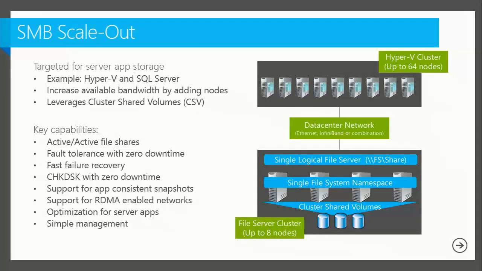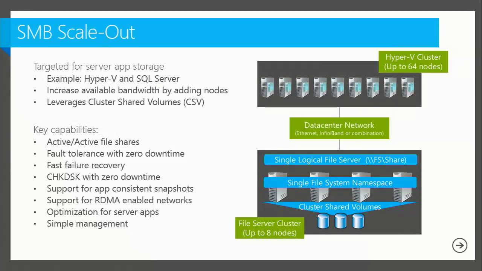If you're familiar with clustering, you know that typically what happens is you have a cluster role. That cluster role is active in one of your cluster nodes at a time. So before 2012, if you had a file server, that file server would be active, say, in node 1. If that failed, that role is transitioned to another node and is started on that node. But for a given file share, at any point in time, we would only use one of the many nodes